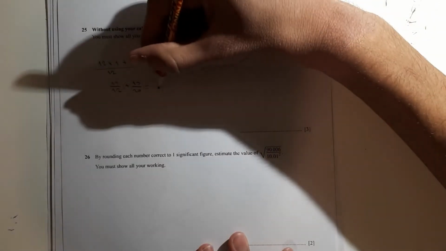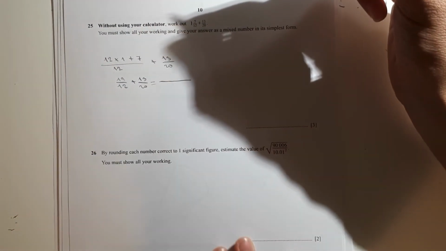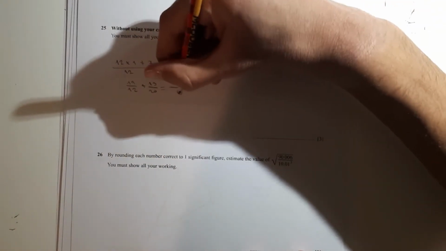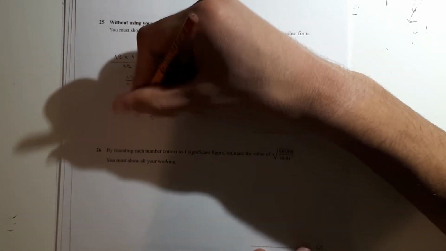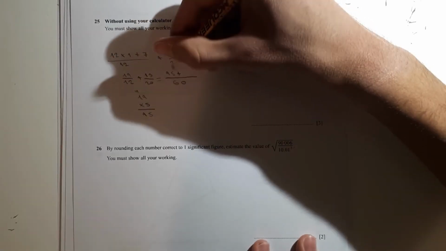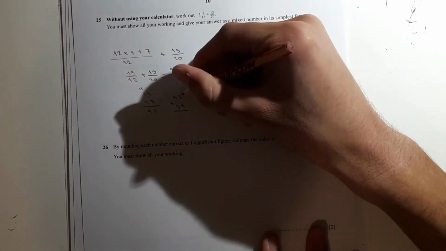And now we know that the lowest common multiple is going to be 60. So 60 divided by 12 is going to be 5. 19 multiplied by 5 gives us 95, plus 60 divided by 20 is going to give us 3, multiplied by 13 is going to give us 39. So 95 plus 39 gives us